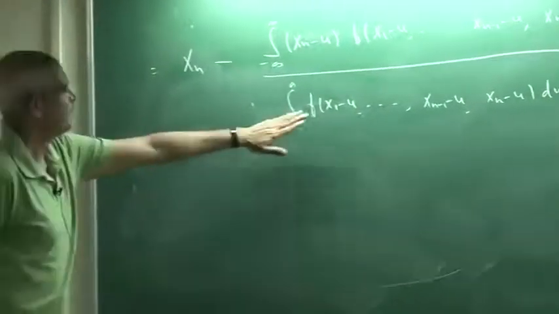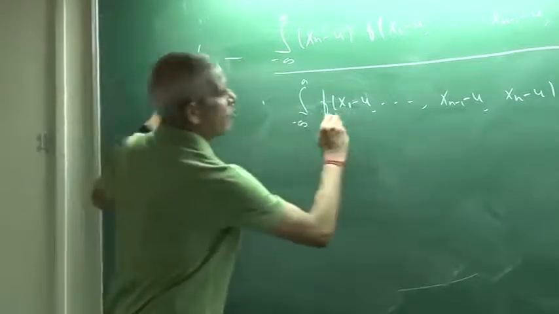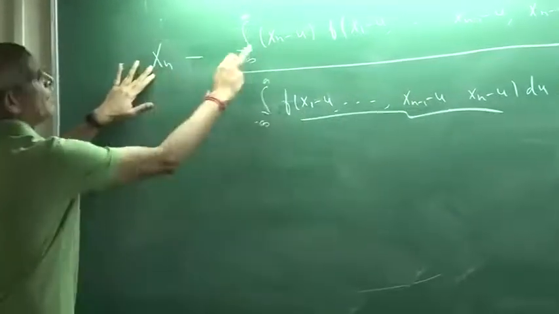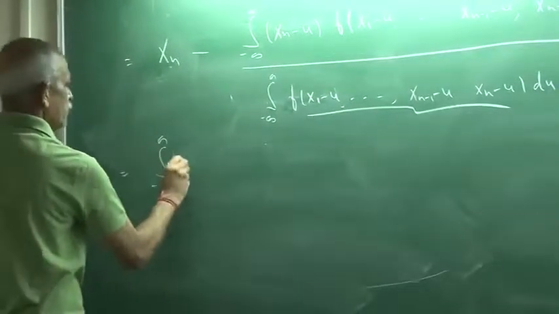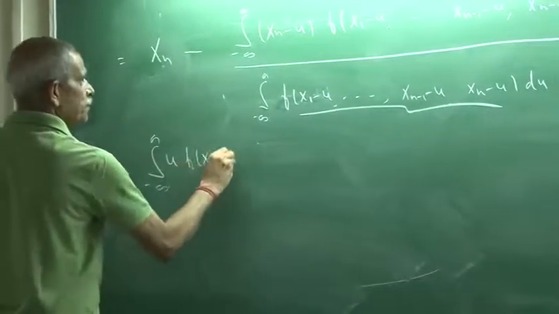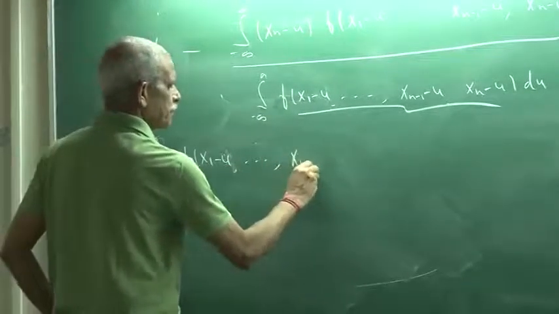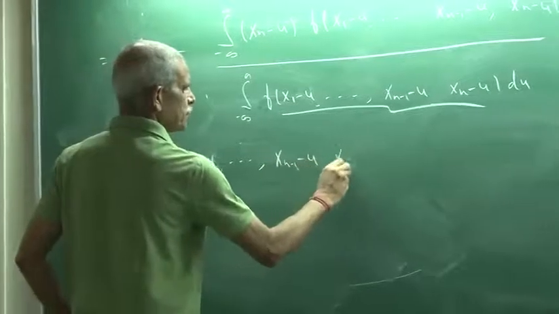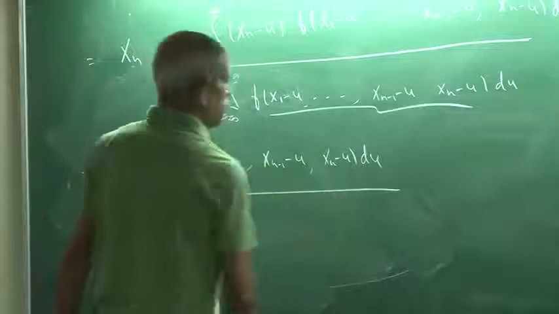So you can bring this over here. This factor is the same, so it will be xn minus u, which will become only minus infinity to infinity u f of x1 minus u, divided by